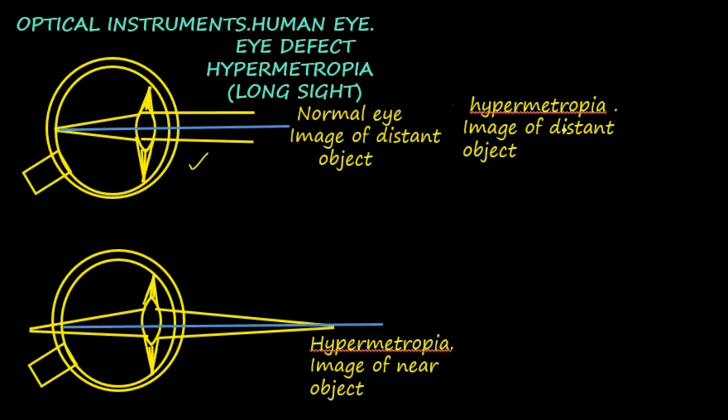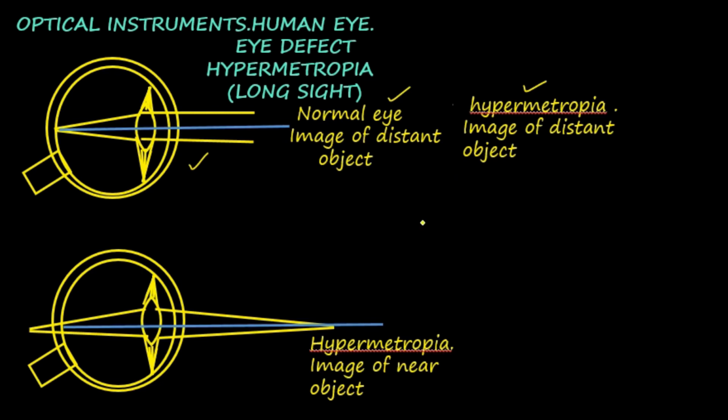The hypermetropia patient can focus images of distant objects on the retina. That person has no difficulty in viewing distant objects, but he cannot view nearer objects clearly. The object is closer to the eye here. The rays get focused behind the retina rather than on the retina. So he is not able to view nearer objects. The person is more comfortable with distant objects rather than nearer objects.